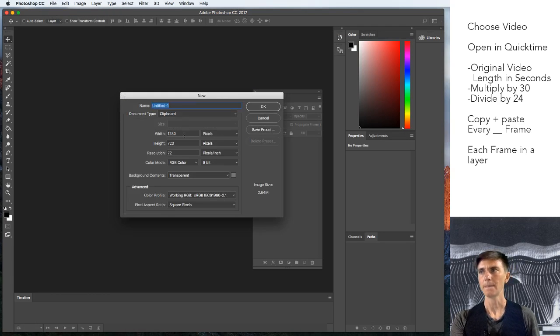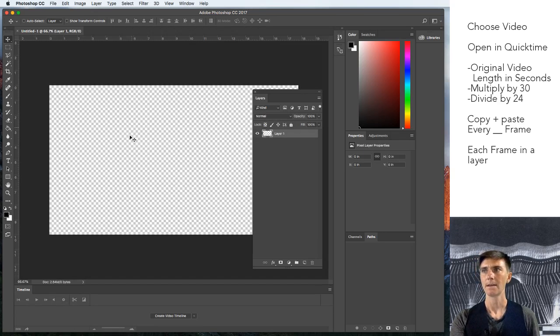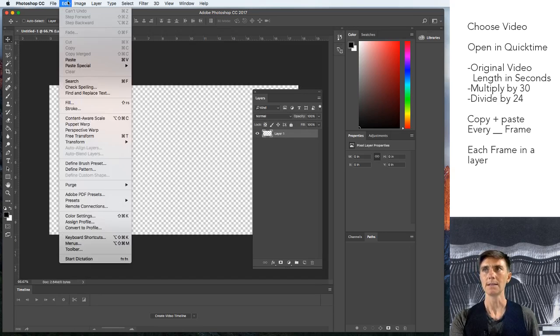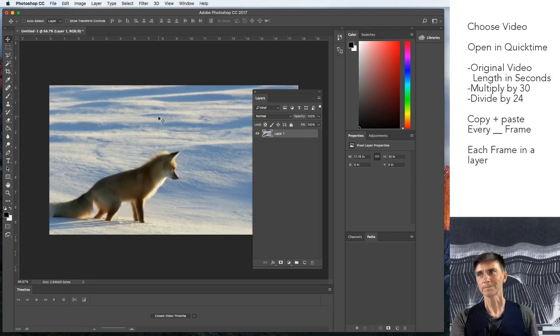Photoshop file. As long as the document type is set to be the size of the clipboard, all these settings are going to be perfect. So I'm going to say OK, and then I'm going to go up to Edit, and then I'm going to paste. And so now I have that one frame that is isolated from the video, and it's in a Photoshop